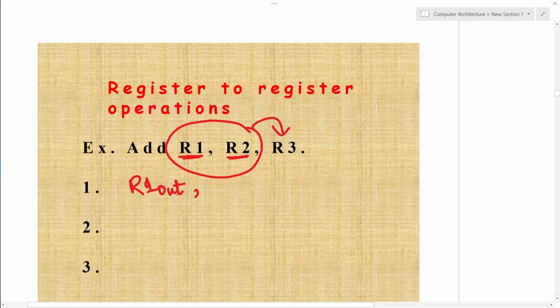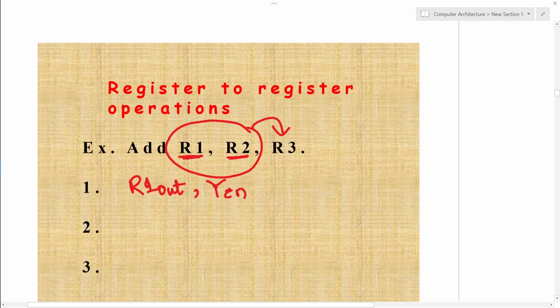This will be provided to register Y, and Y is part of the multiplexer through which it is connected to port A of the ALU. So the contents of register R1 will be transferred to register Y with the help of the system bus.